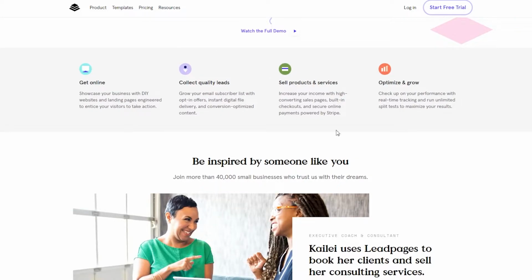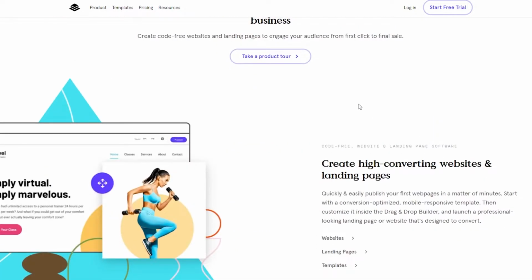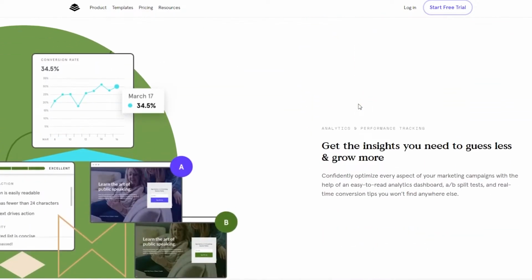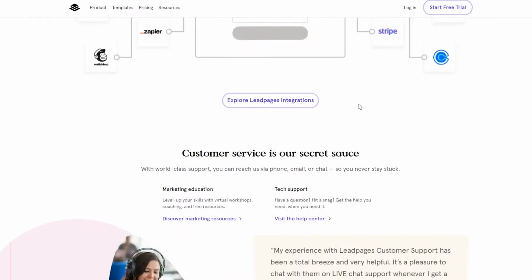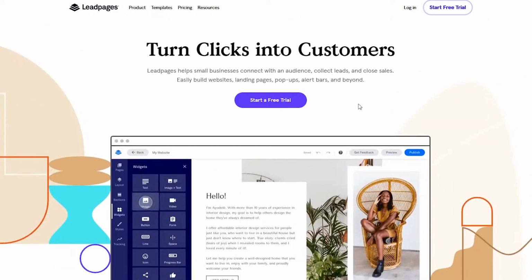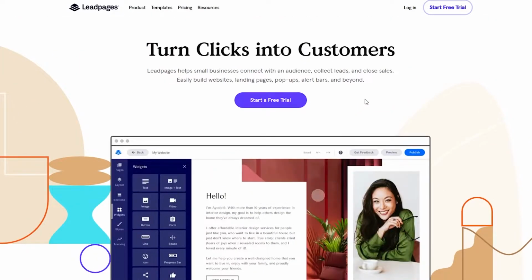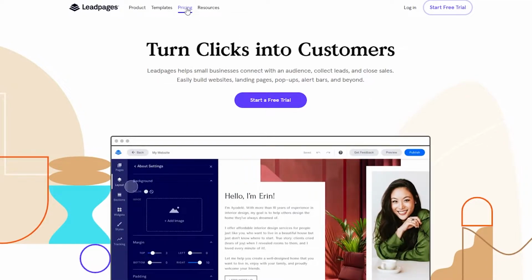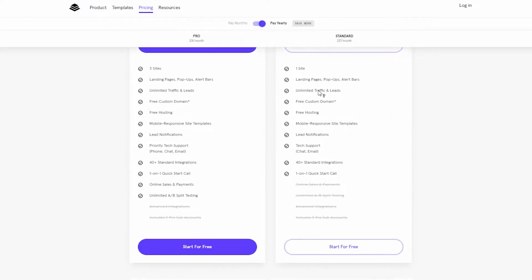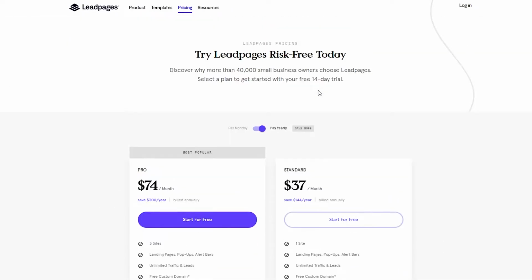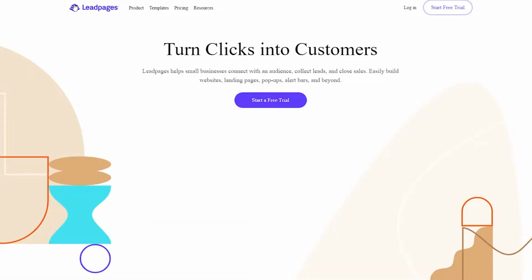Now, if we come down here, we can see all the different things it gives us. You can get it online, collect quality leads, sell products and services, optimize and grow. You can come down here and see all their different features and content it provides you with. You can look at all of it, but right now I'm just going to get right into it. Now, obviously, there are different pricings for LeadPages, which you can check over here. As you can see, there are different prices, but don't worry, I'm going to be showing you a totally free